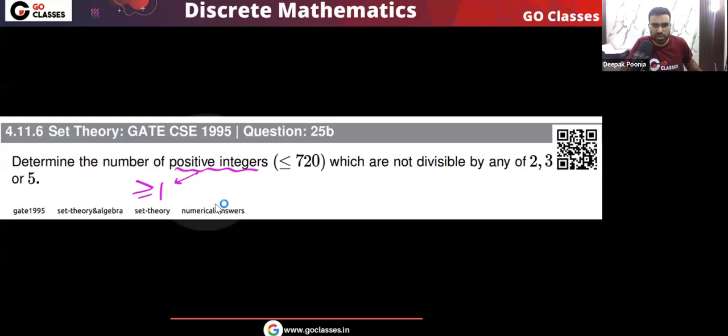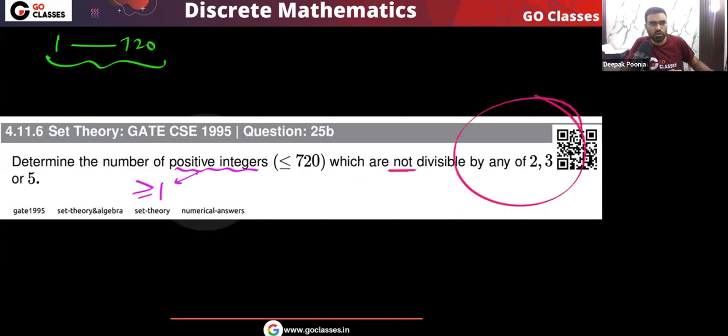0 is neither positive nor negative. So you can see from 1 to 720 both inclusive. We have to include both 1 comma 720. So you can see from 1 to 720 how many integers are not divisible by any of 2, 3 or